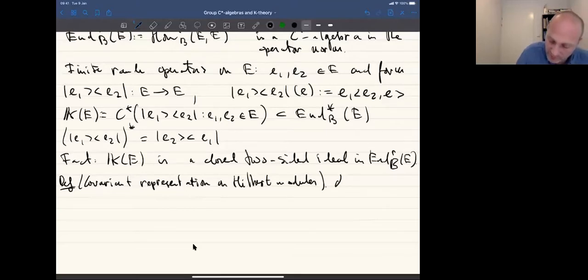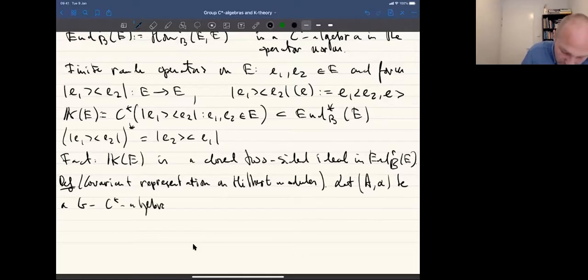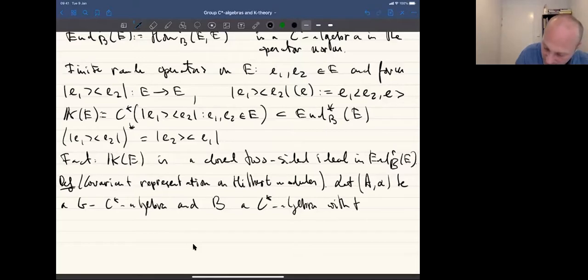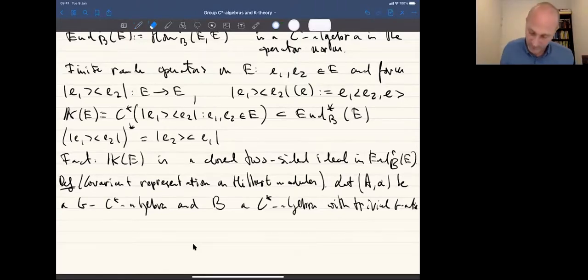And here it's important that (A, α) be a G-C-star algebra and B a C-star algebra. And now it's important that B has trivial G action. So we will look at C-star algebras with a G action later as well, but